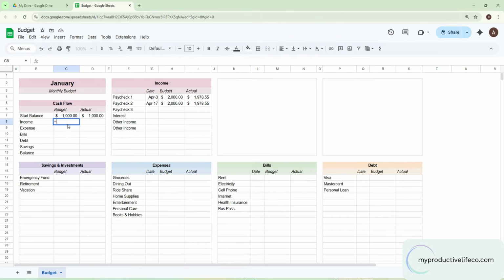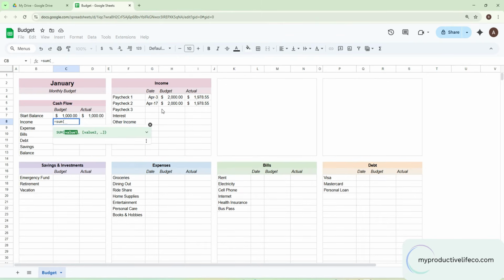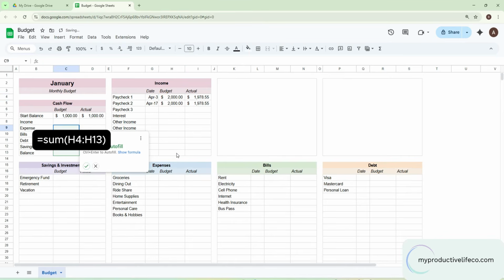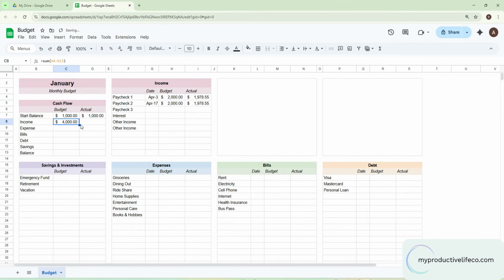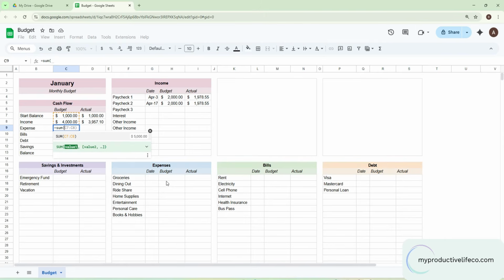Let's add formulas to the cash flow summary. In the income row of the budget column, I want to enter the following formula. To add the formula to the cell next to it, drag the small circle at the edge of the cell to cell D8. If you don't want to type out the full formula manually, start by writing the word equals